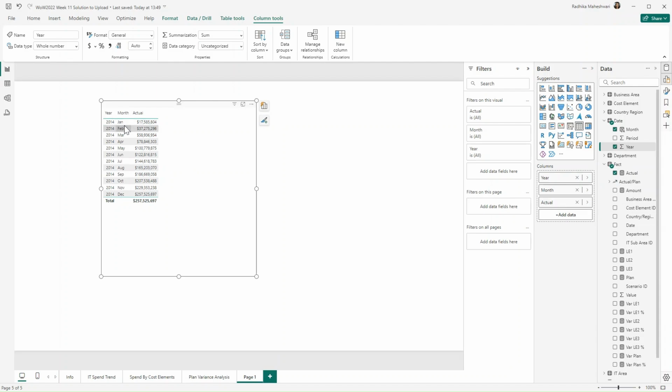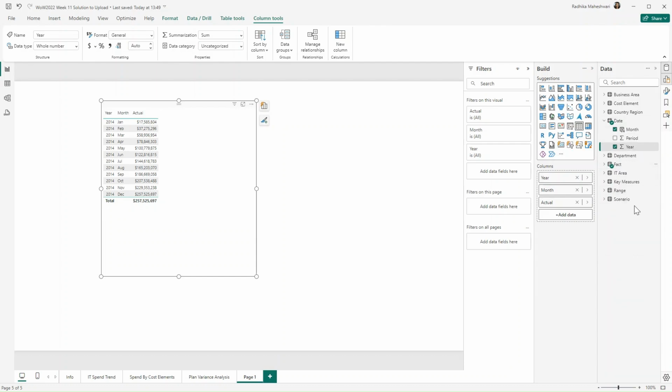And now what we need to do is, this is 17,000. If we subtract 17 from 37, approximately it will be 20,000. So this should be 2014 Feb should be 20,000. This is the type of data that we want. I was thinking to use previous month function. So let's do that. There is a problem with this function and I'll show you what the problem is.